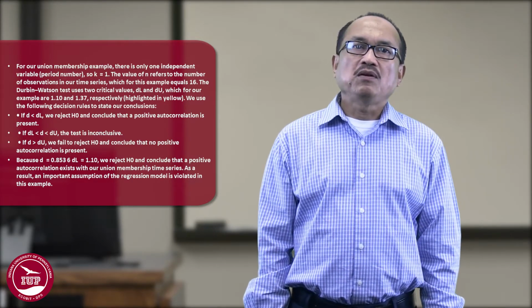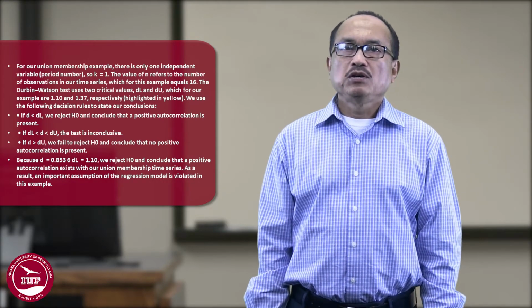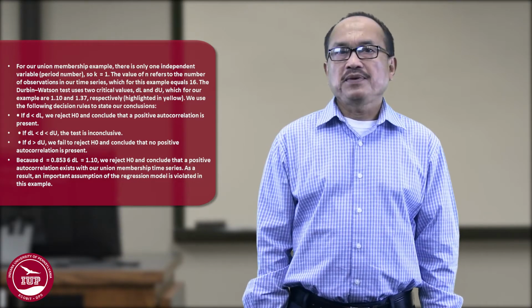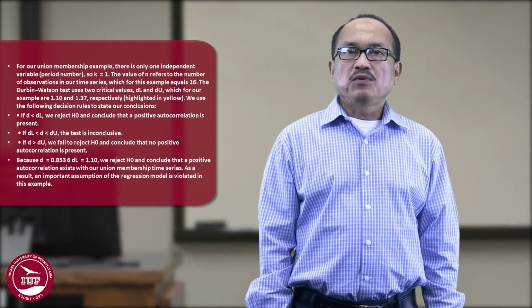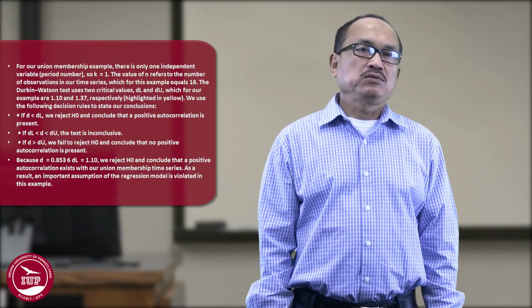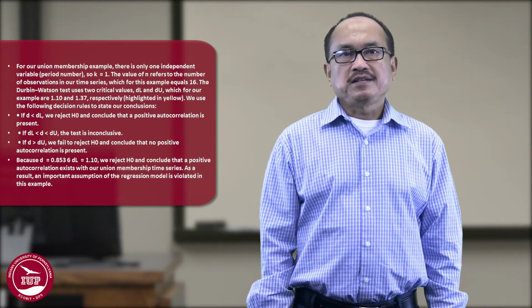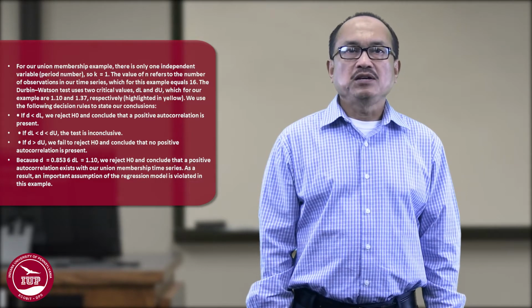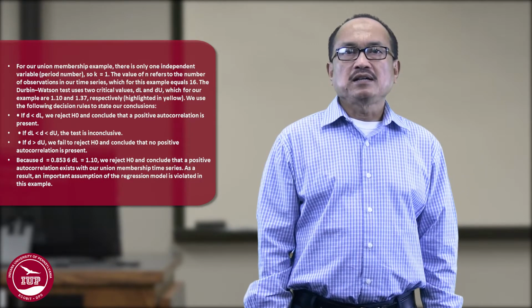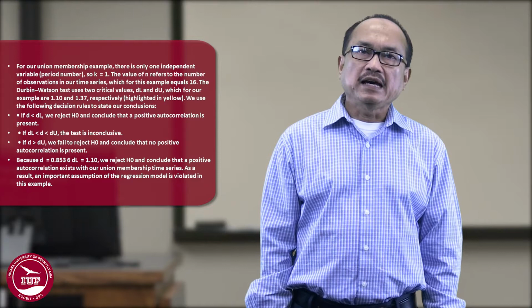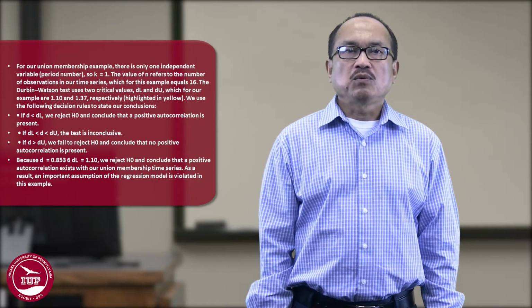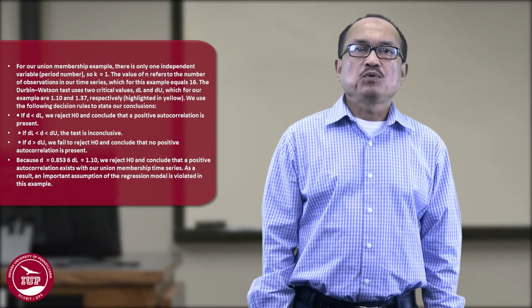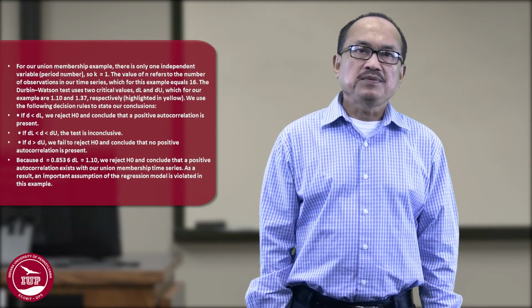The value of n refers to the number of observations in our time series, which for this example is equal to 16. The Durbin-Watson test uses two critical values, dL and dU, which for our example are 1.10 and 1.37 respectively,